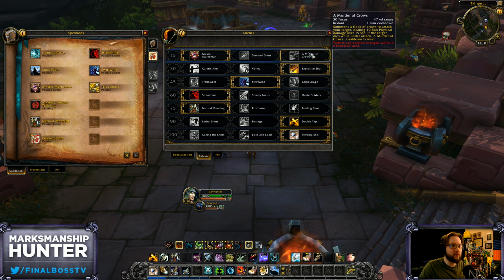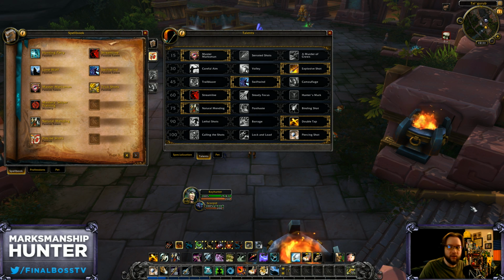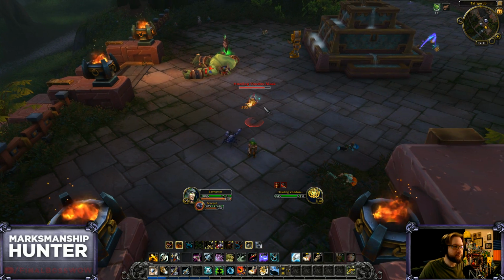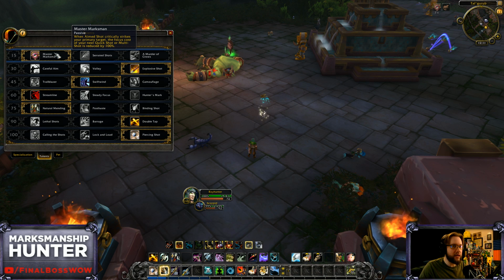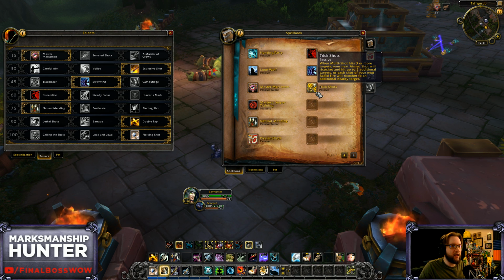I don't really show this off. Murder of Crows is moved up here, same exact functionality. Serrated Shots is that Quick Shot critical strikes have a 50% additional damage bleed to the target. That's the bleed I was talking about that would ignore armor if it's a real bleed. And then we have Master Marksman right here, which is your Aimed Shot critical strikes on your primary target make your next Quick Shot or Multi-Shot free, no focus cost. This talent will end with this because it's part of this AoE I want to show you off here, and how Quick Shot, Trick Shots, Multi-Shot, and Aimed Shot all work